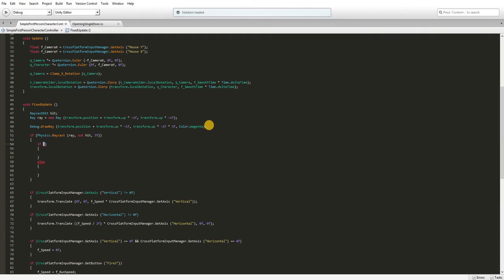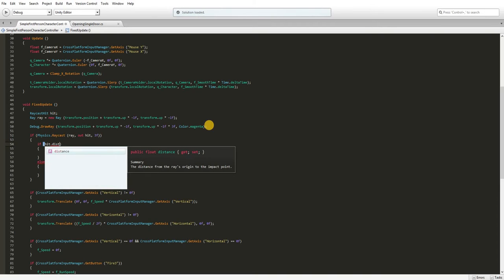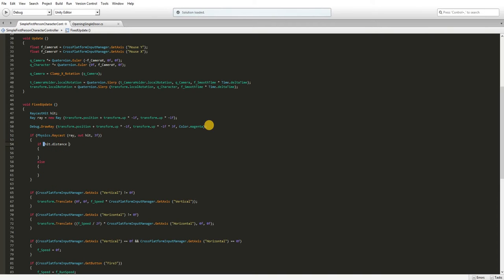Okay, so if hit.distance is less than or equal to 0.1f,